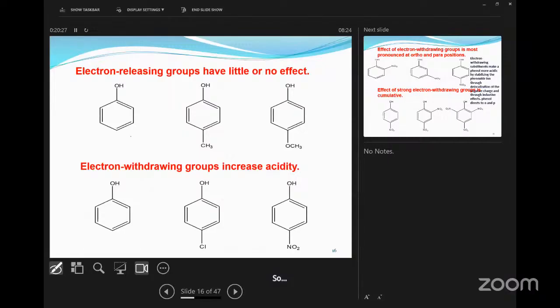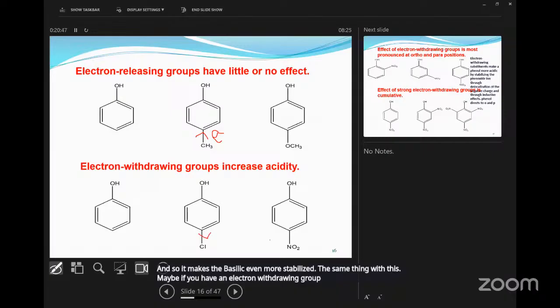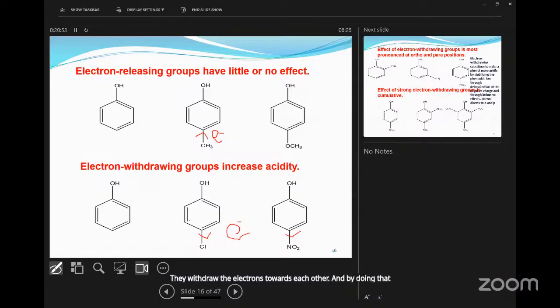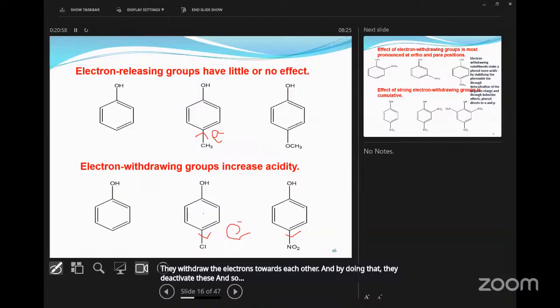Now this is a benzene ring. If you have a methyl group, we push electrons into the benzene ring, and so it makes the benzene ring even more stabilized. The same thing with this. But if you have electron withdrawing groups, they withdraw electrons towards each other, and by doing that, they deactivate this phenol ring, and so that's also determining